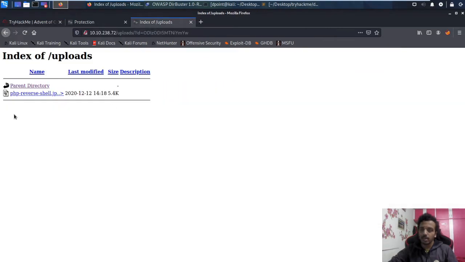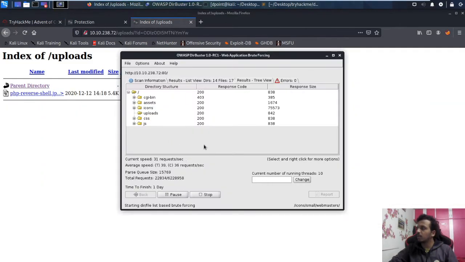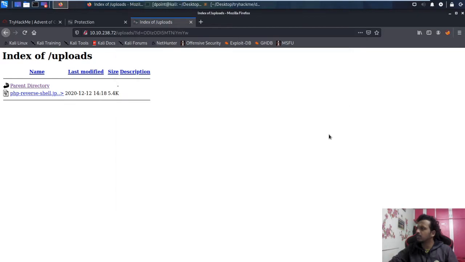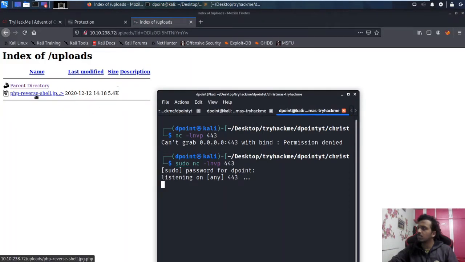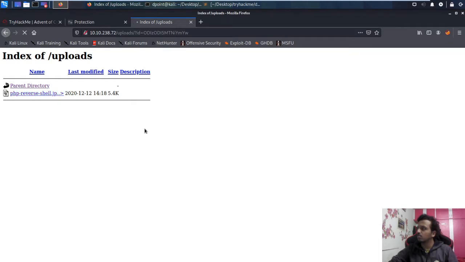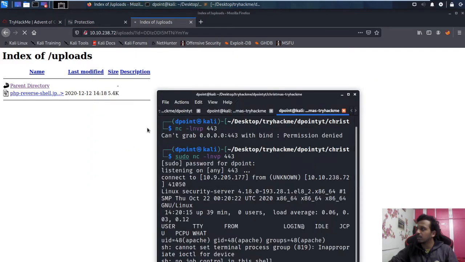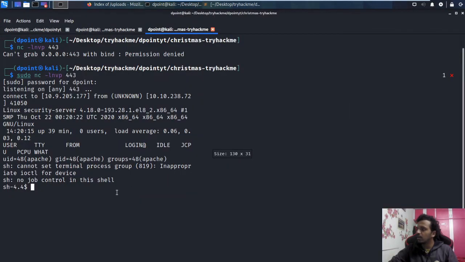So I have provided the script, and my listener is ready. I don't need reversal. Let me close this, and this is ready, listening on the port, and let me execute the script. So I have just simply tried to open it via the browser, and I should see something. Okay, so here I see that the user is, I am now already in, I already got the control.